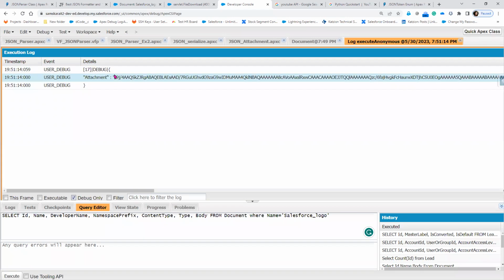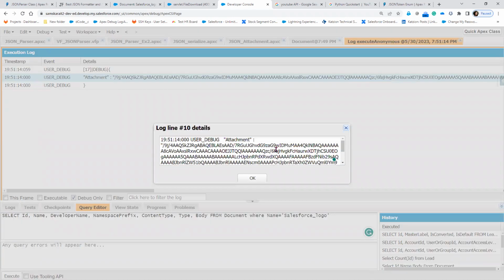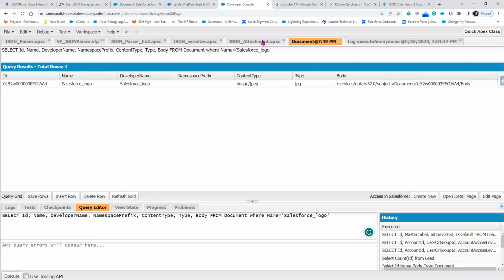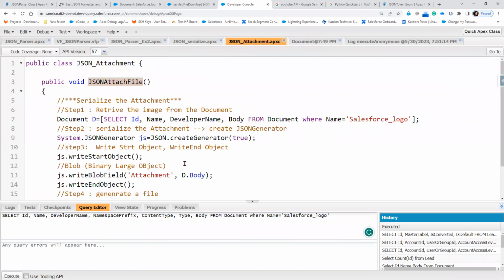So this is your final output, whatever the attachment is there. This is JSON opening here, ending here, and within this you have it. Because you are writing only the blob field, you are not writing anything else. If you write any other details, they will go in as well, like if you are planning to write along with the blob field,